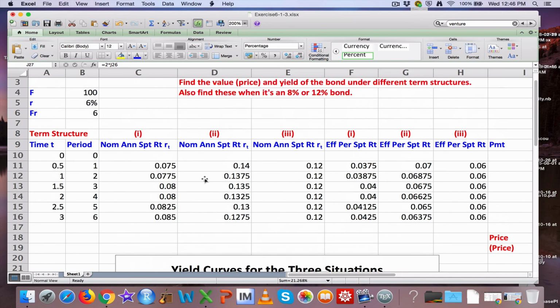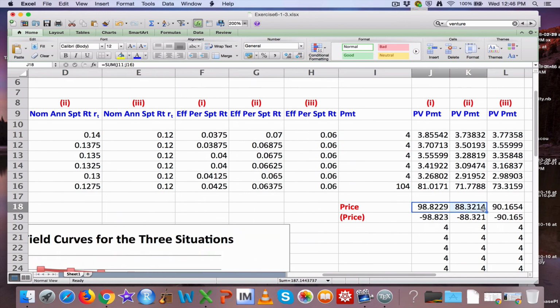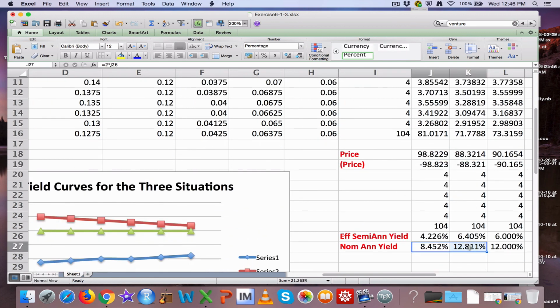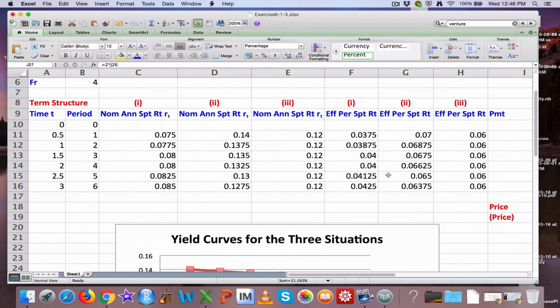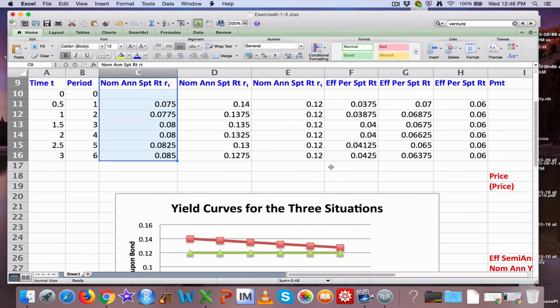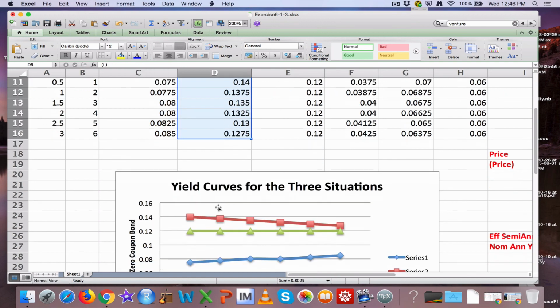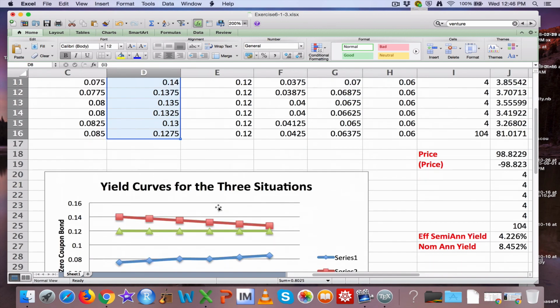When you increase the coupon rate, well, let's start with it low. And so the coupon amounts are low. Then the price is low, but the yield's relatively high. You would expect then if you increase the coupon rate to get higher coupons and a higher price, you'd get a lower yield. And that does happen in the ordinary situation where the yield curve here in blue is increasing, but it amazingly doesn't happen when it's the inverted yield curve, the red one here. Let's see that happen here. So take note of these numbers,